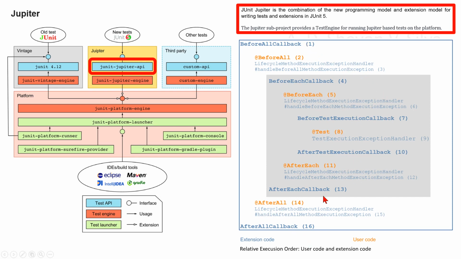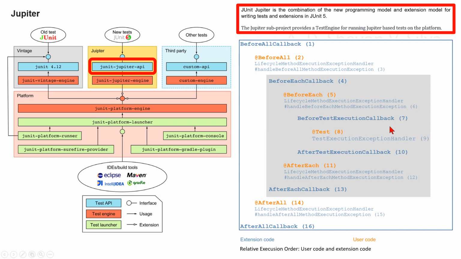Here the steps, the order is before all callback, then at before all, then the lifecycle method execution exception handler at hash handle before all method execution exception, then before each callback, then at before each, then lifecycle method execution exception handler at hash handler before each method execution